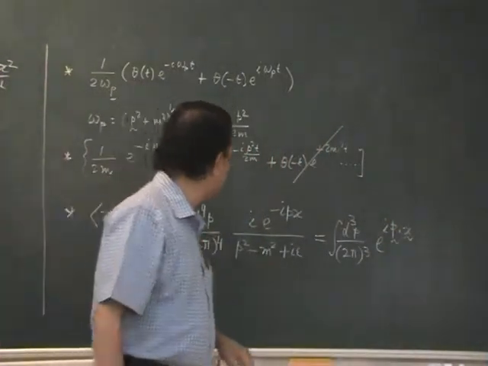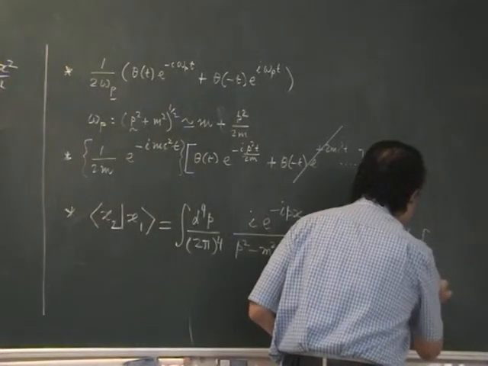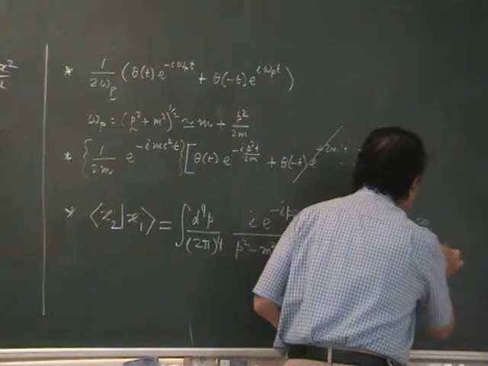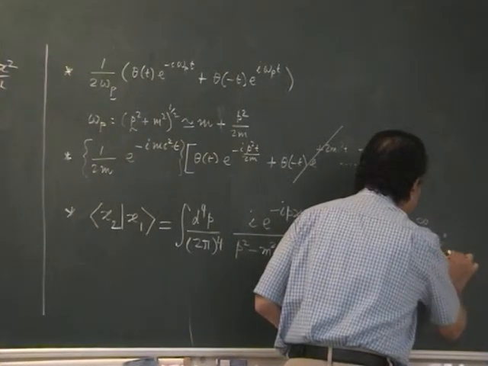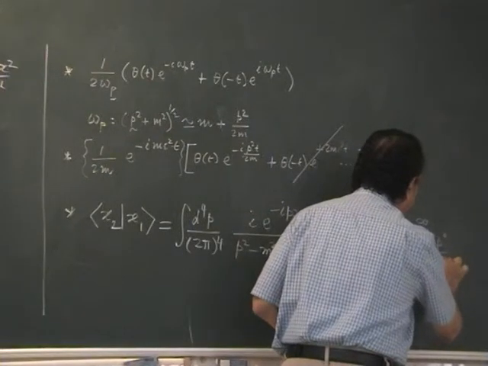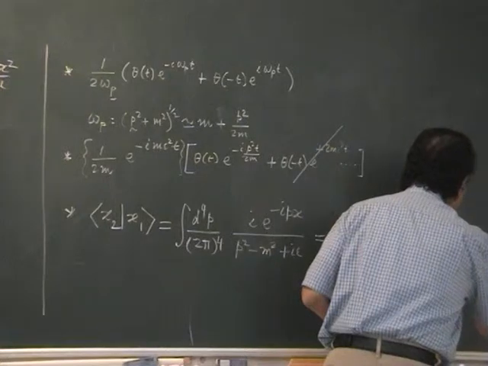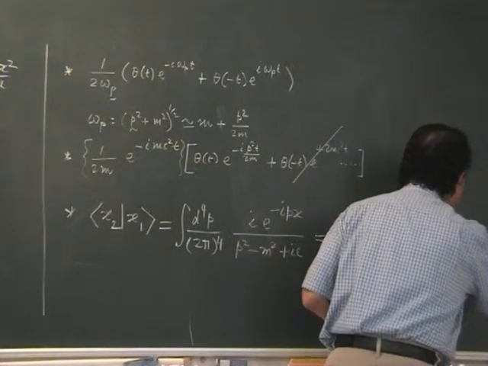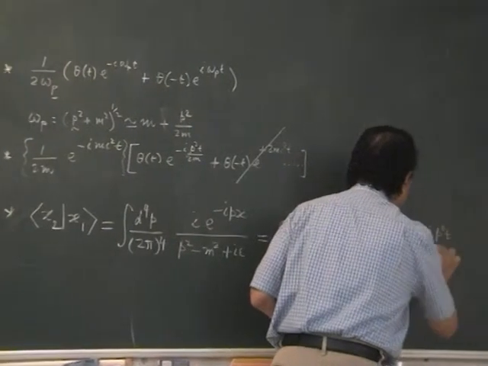Then I am just going to do a p naught integral. So that is minus infinity to plus infinity d p naught divided by 2 pi, and I have here e to the minus i p naught t